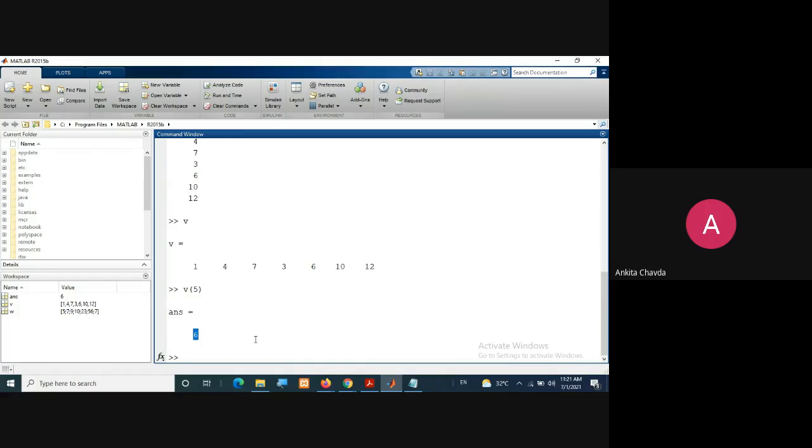Okay. Then you can even have a range of values, right? I just want the first 5 elements and I wish to skip the other elements. So what you can do is write V of 1 to 5. This means 1, then 2, 3, 4, and 5, including 1 and 5.